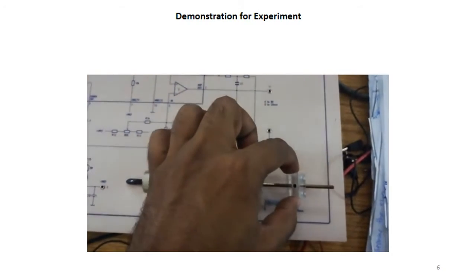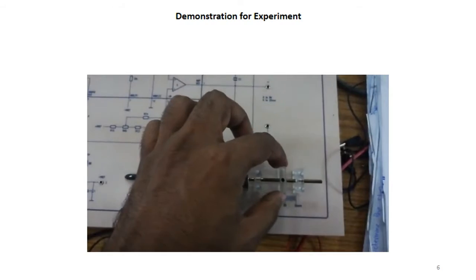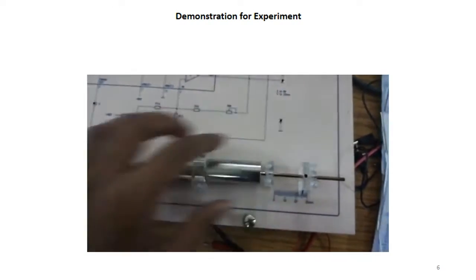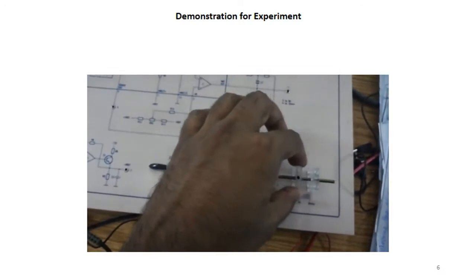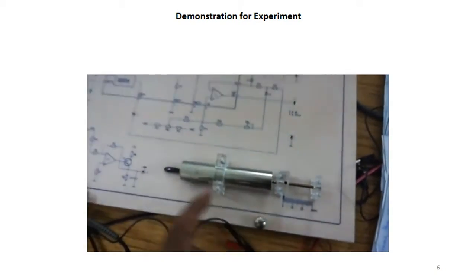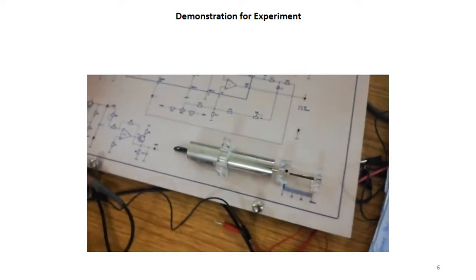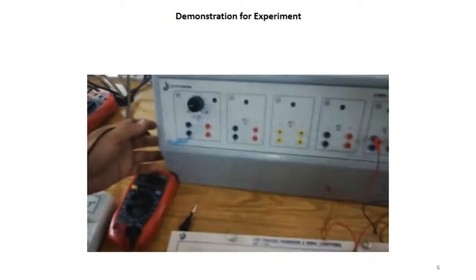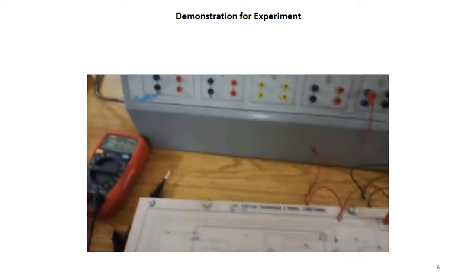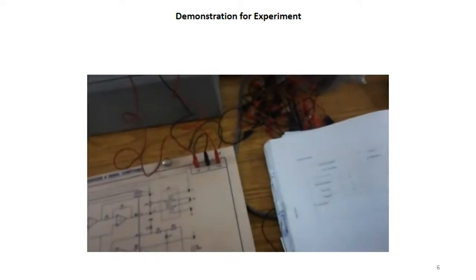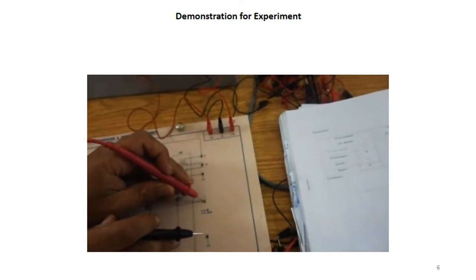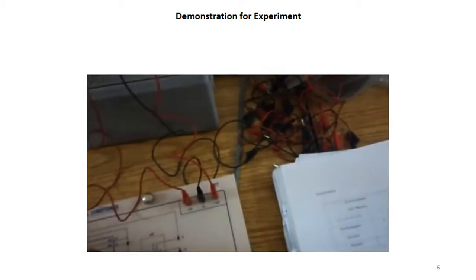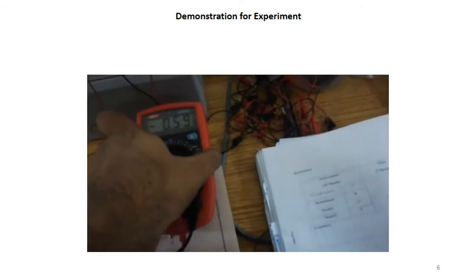This is the circuit and this is the current transformer. If we move this contact point, internal winding position changes. Due to this, a change or disturbance occurs at its output voltage. Now what we will be doing, we will apply 8 volts from our power supply. You can see at the top. Now we will measure out the output voltage via DMM.